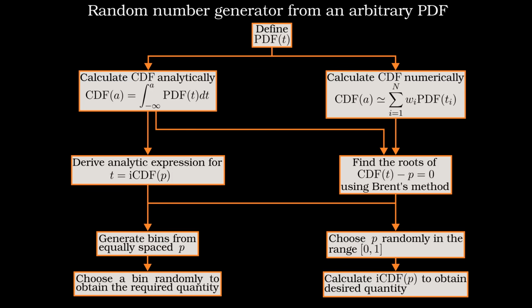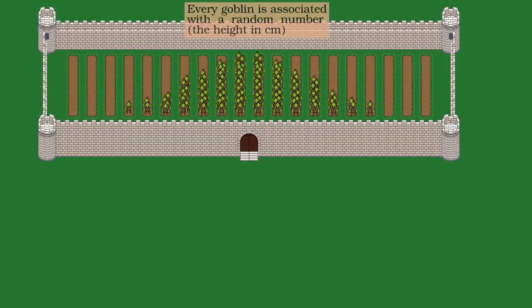Starting with any arbitrary function, it can be integrated numerically to normalize it and generate a cumulative function, and then invert it by Brent's method to create a random number generator. Together, this gives a straightforward method for randomly generating numbers which are distributed according to any curve that you could possibly invent. Even if you're not too familiar with statistics, hopefully this section has explained the idea of binning together